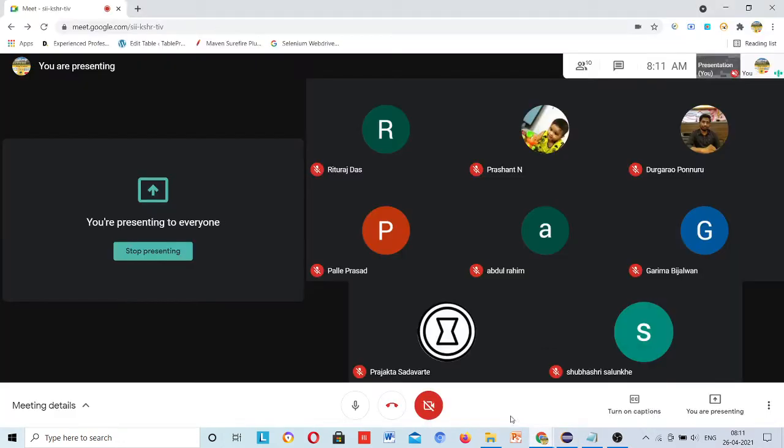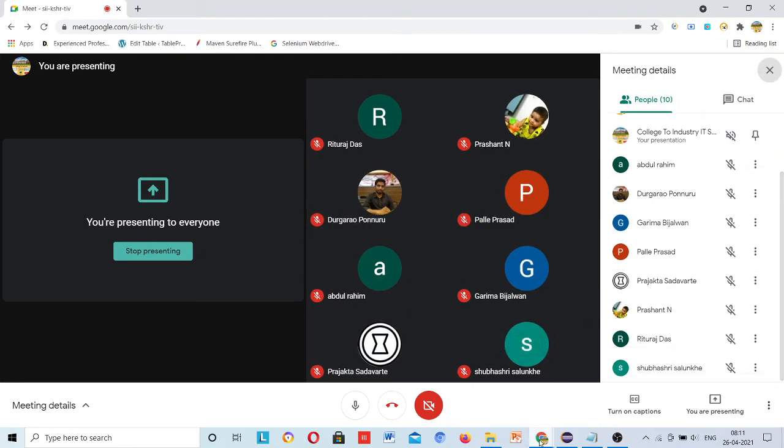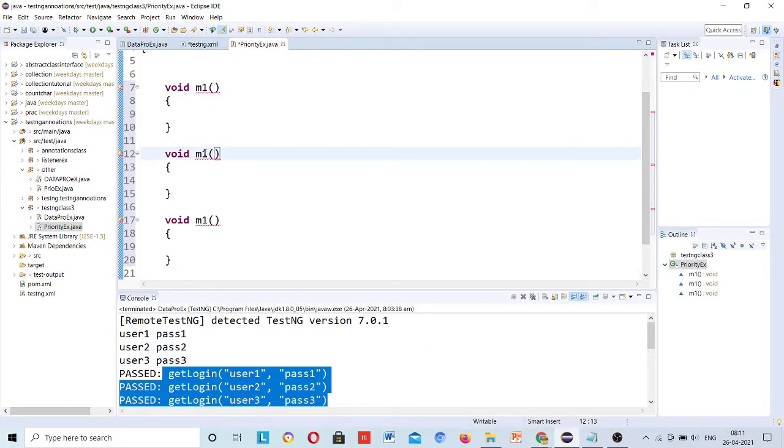Somebody is unmuted. Okay, so these are m1, m3, and m2 method.